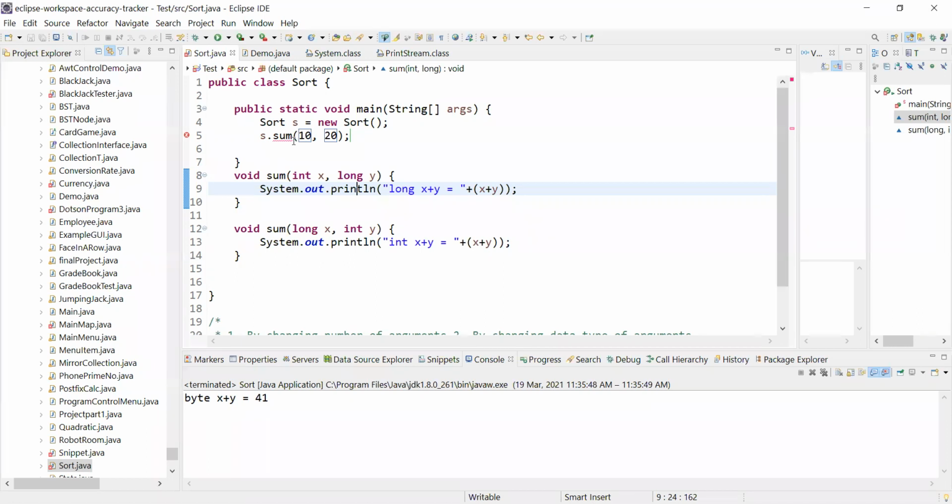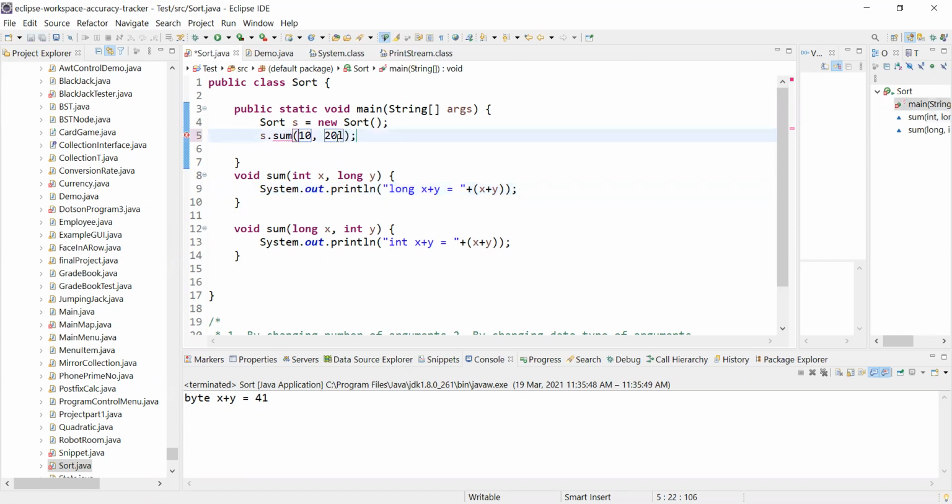For long, we declare suffix as an L, right? When we are passing... Where? For long values, like how we declare for float value, like F, right? A suffix at the end of the value. So same. Yes, here. Then there is no issue.